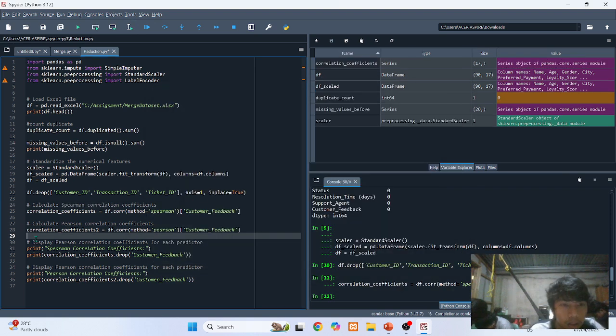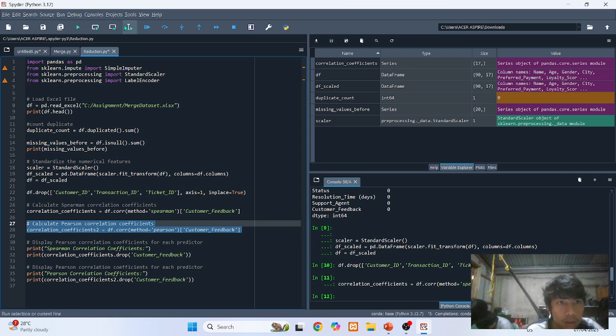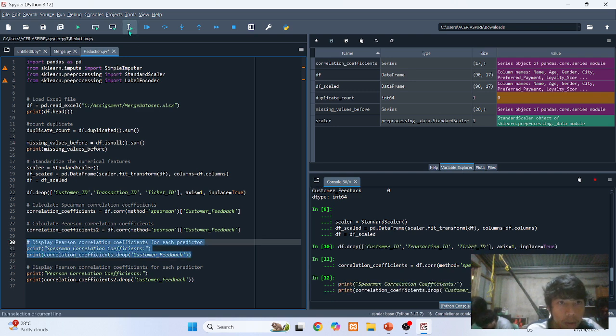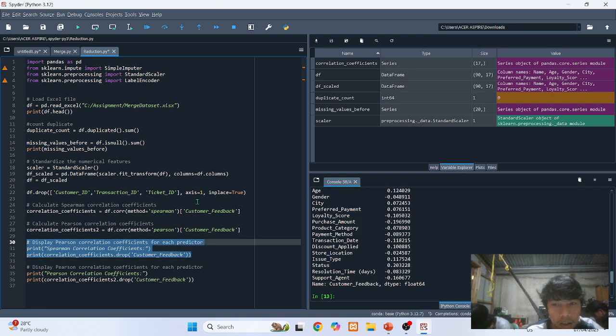So now we're going to calculate the Pearson correlation. First, we need to display the Spearman correlation result. So this is the Spearman.